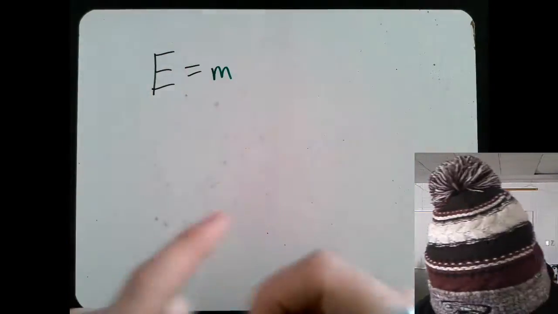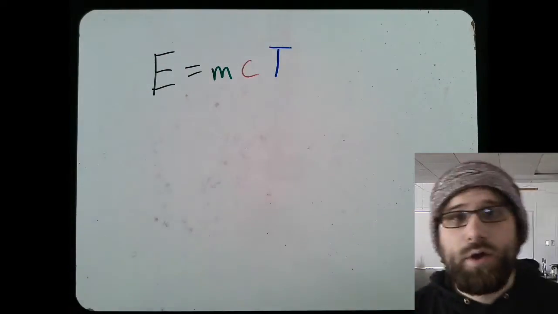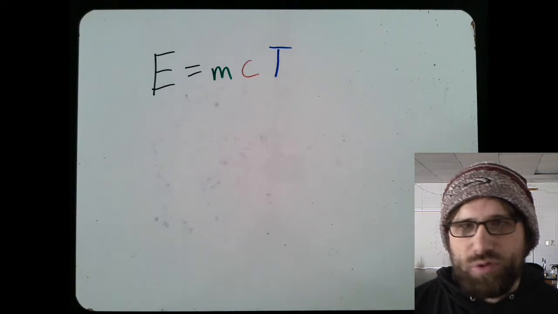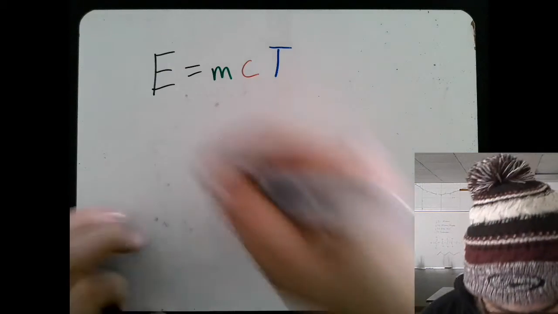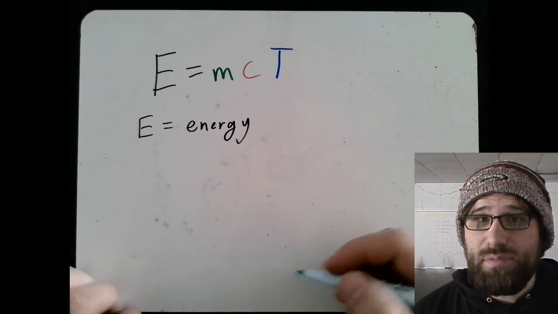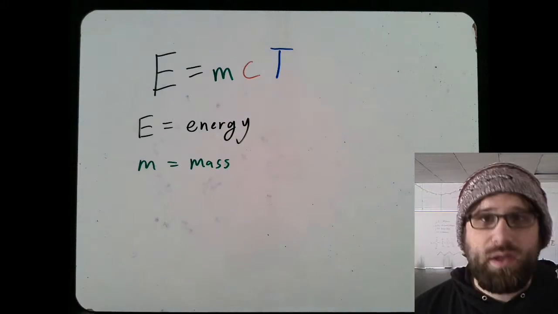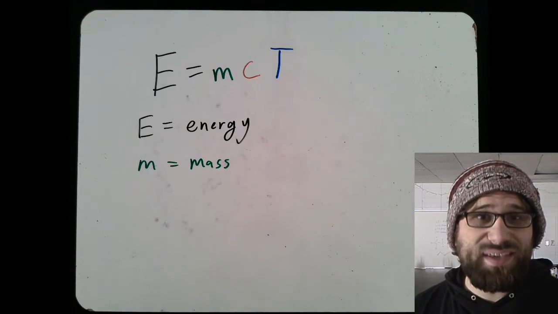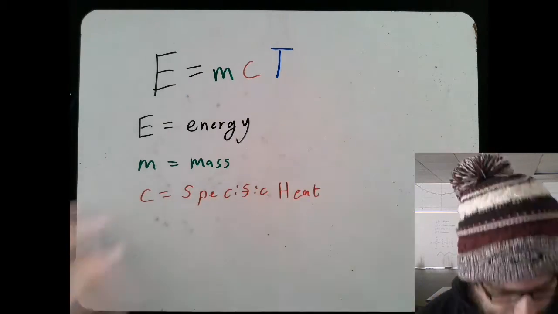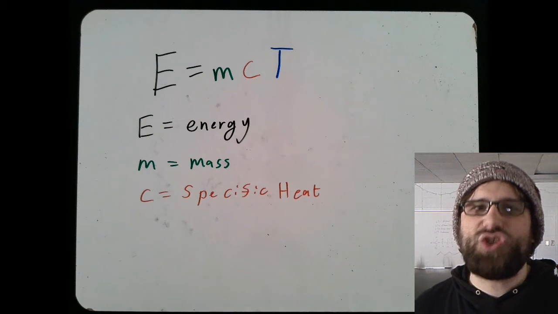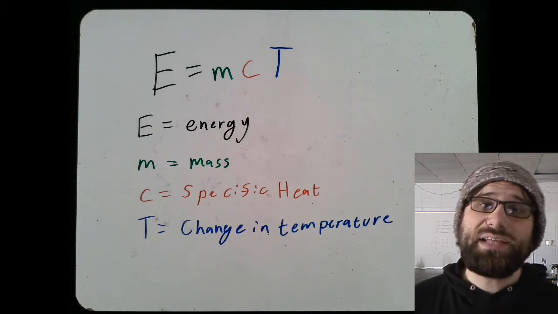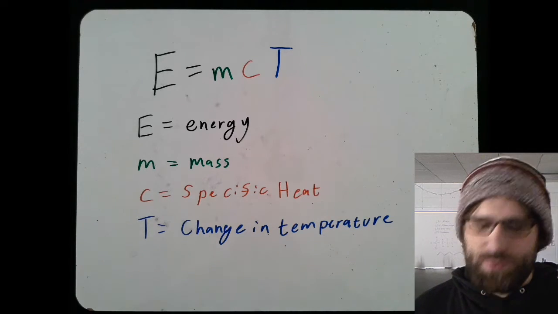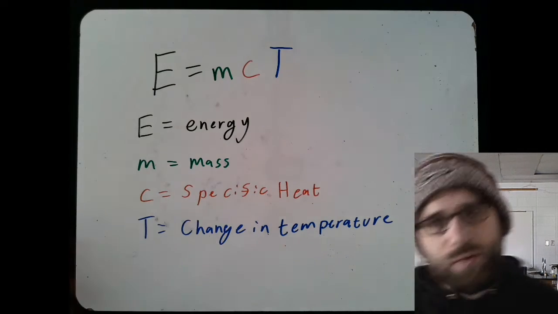So the equation we're looking at, each of these variables represents a specific concept. So the E is energy, the M is mass, the C is the specific heat, and the T is the change in temperature. So let's look at what it looks like to use this equation. The worksheet that we're going to be working on